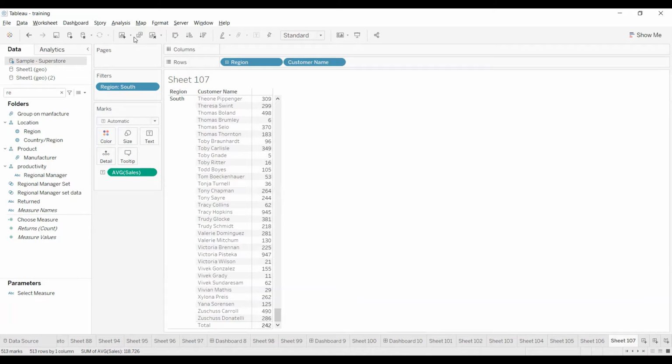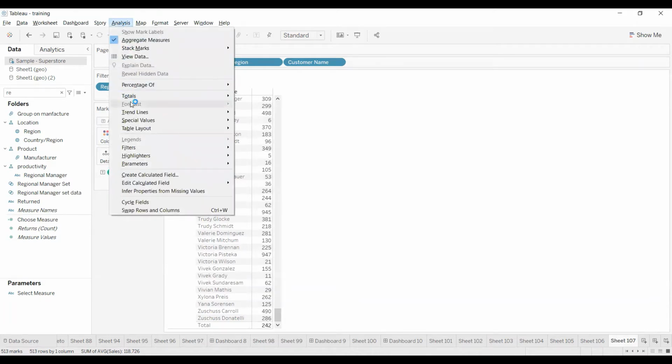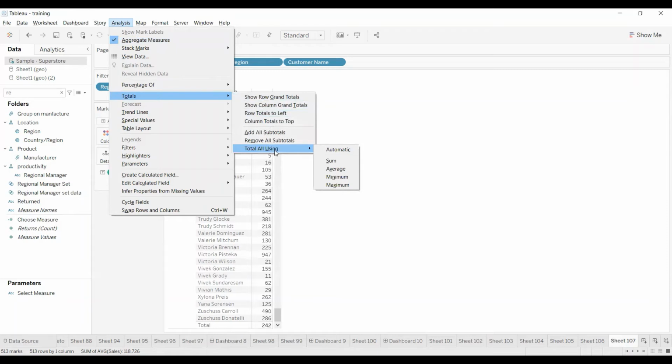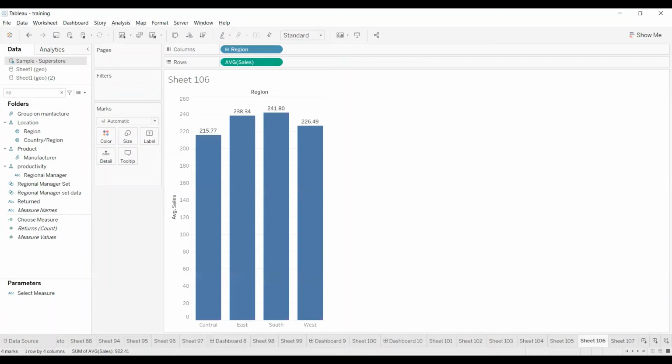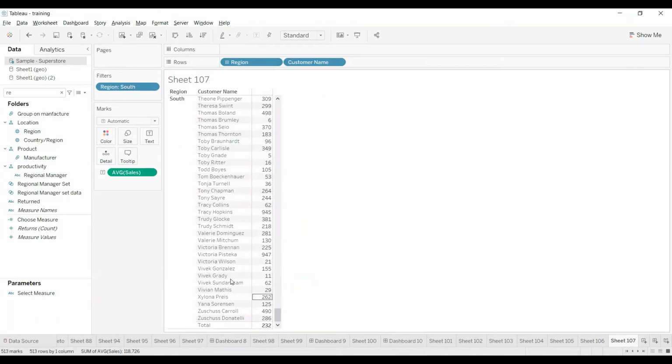To get this, go to analysis menu, totals. Here there is another option, total all using average. So what I'm getting is 232. At region level it is 242, and when it comes to the same region with respect to the customer wise, it is 232.